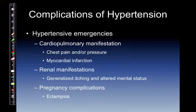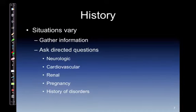History. Situations vary. We should gather information and determine if the hypertensive episode is producing end-organ damage. Ask directed questions. Neurological: does the patient have headaches, double vision, vision loss, numbness, and weakness? On the cardiovascular side, cardiac-related symptoms: chest pain, pressure, EKG changes. Renal: generalized itching, skin color changes from the keratin, decrease in urination from low GFR, or glomerular filtration rate, because